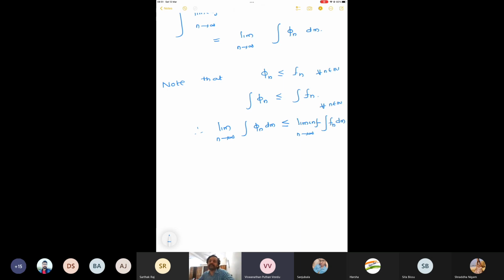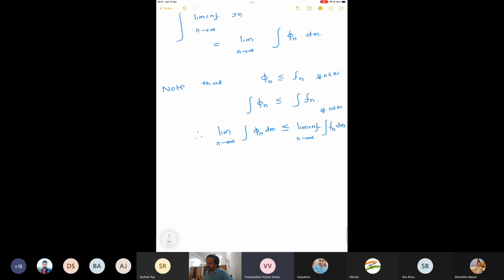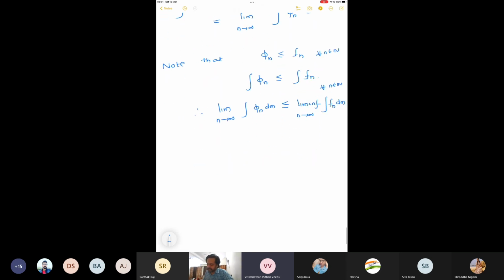I cannot write limit integral Fn because I don't know whether integral Fn has a limit. But phi n's are increasing and so on, so I know that the limit infimum of the integral of Fn exists. So this is what I have. Now substitute. Therefore